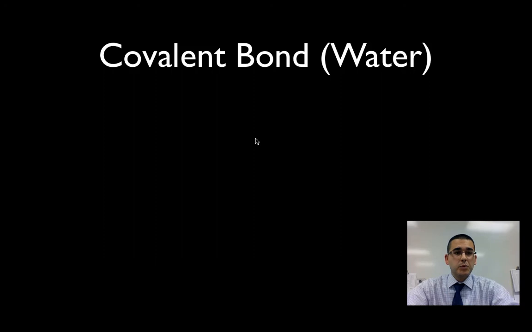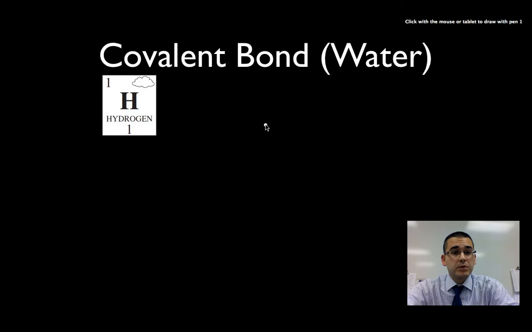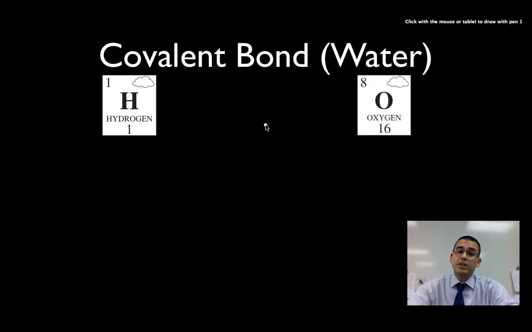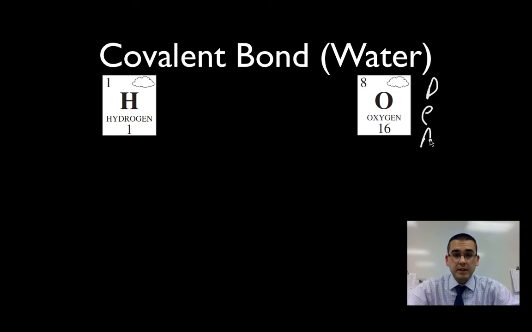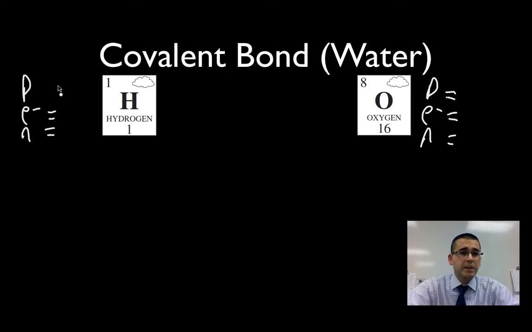Okay, for our second example, we're going to take a look at water. Now, water, as you know, is composed of 2 hydrogens and 1 oxygen. And you even saw the example in the very first few moments of this podcast. Now, to draw this, it's going to be very, very simple. We need to know 3 things about each element. Okay, I'll just write out our little pen acronym over here, just to keep it easy. Remember, the atomic number tells us our number of protons or electrons, and neutrons is atomic weight minus atomic number.